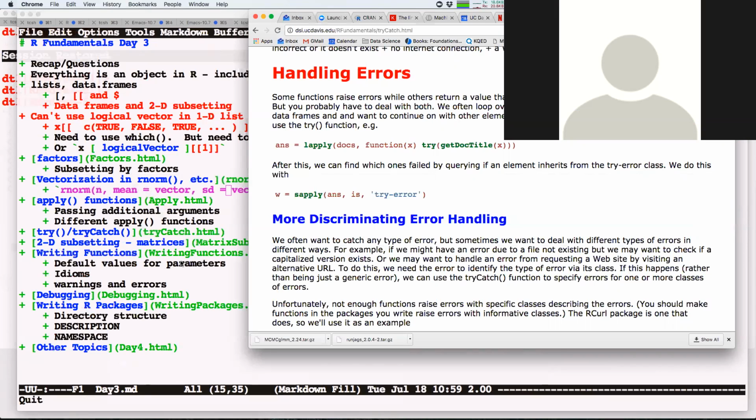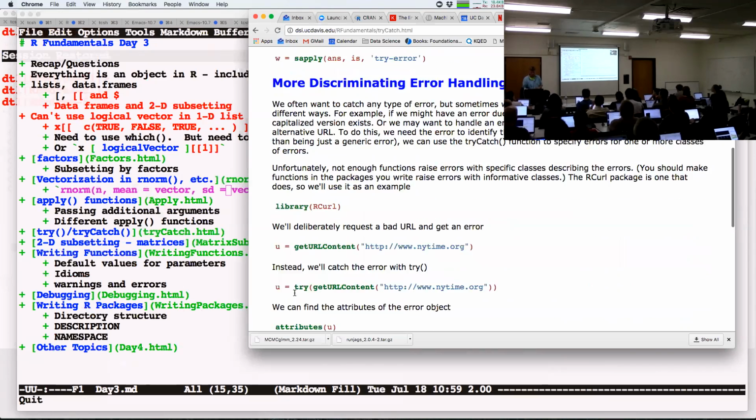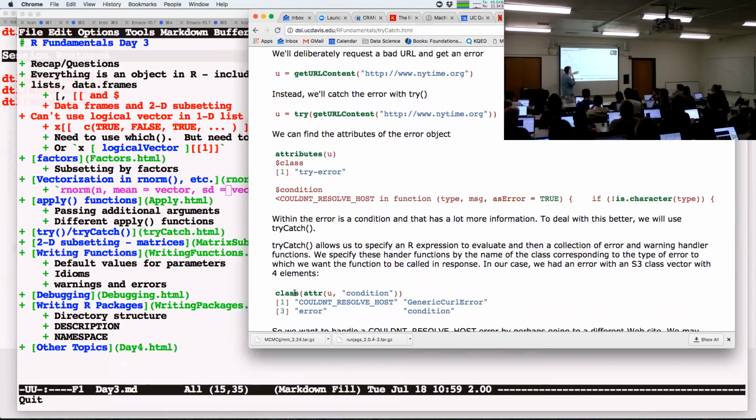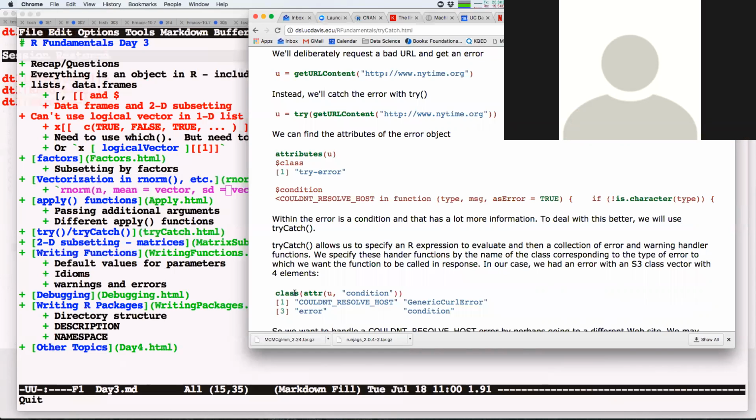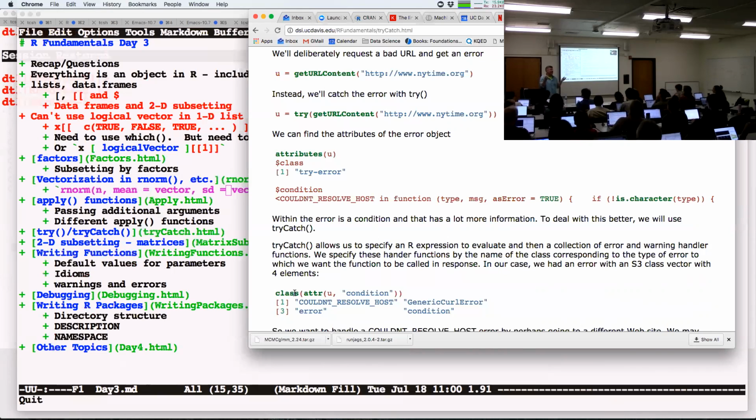Okay, everyone happy? And if you want to go further, there's this thing called tryCatch. Unfortunately, and this is something I'm going to get to, but I'm going to repeat it as many times as I can: when you are writing functions, you should be putting in work. How many of you have been frustrated while reading an error message or a warning message from R? Finally, we now know all of you have hands. It's slightly annoying when it goes something, something, something, entirely cryptic. Hang on a second, I didn't call this function, someone else did. I don't know what X is, and what on earth does this error message mean?